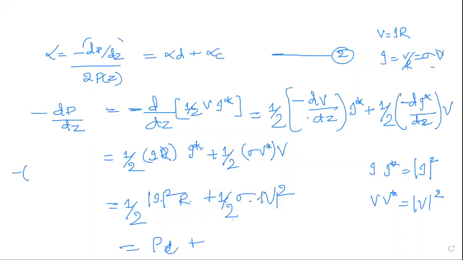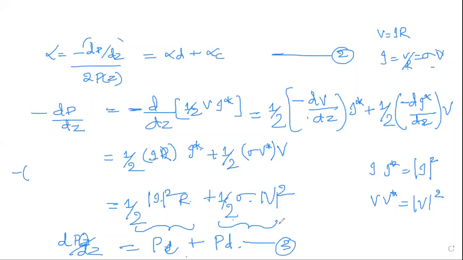This is with respect to the voltage. I'll consider with respect to the voltage as PD. With respect to current, just why I'm taking this as PC with respect to ohmic constant, because ohms is always related with the resistance. So I have taken this as PC, and this conductance part with respect to the voltage, I've taken it as PD. So just write down this first term, which is related to PC, this term as PD. So you're getting the equation for dP of Z or dP by dZ as PC plus PD. Take this equation as 3.